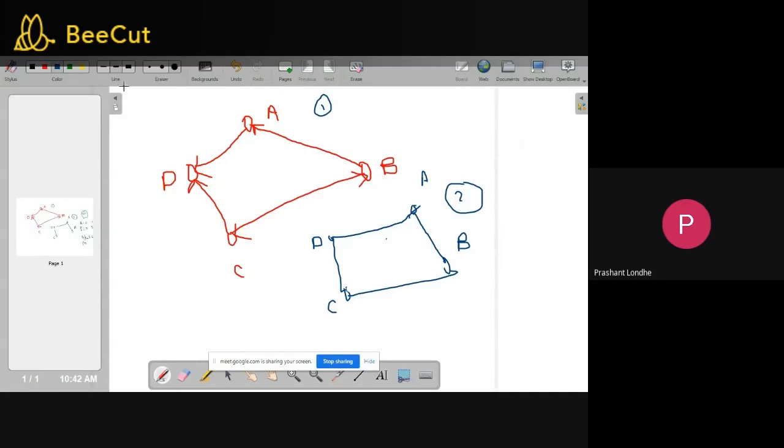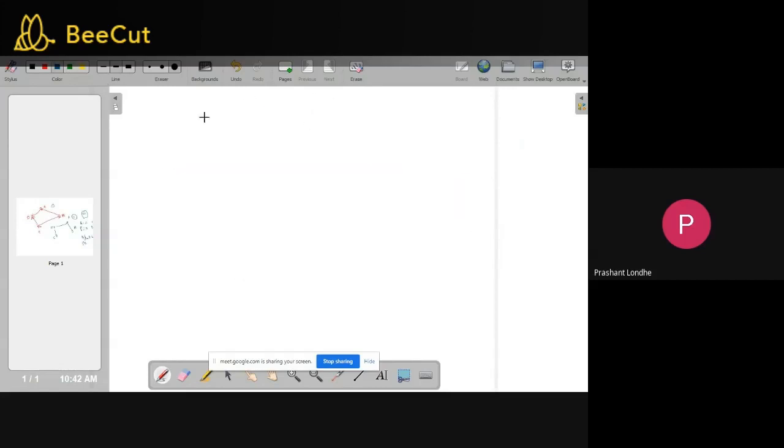For example, now I will erase all these things because we don't require them now. Suppose these are some variables. I'm drawing it with a different color.